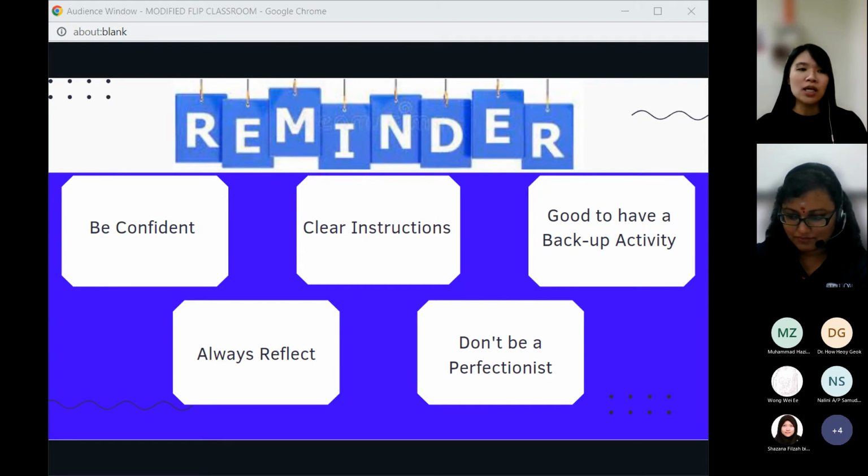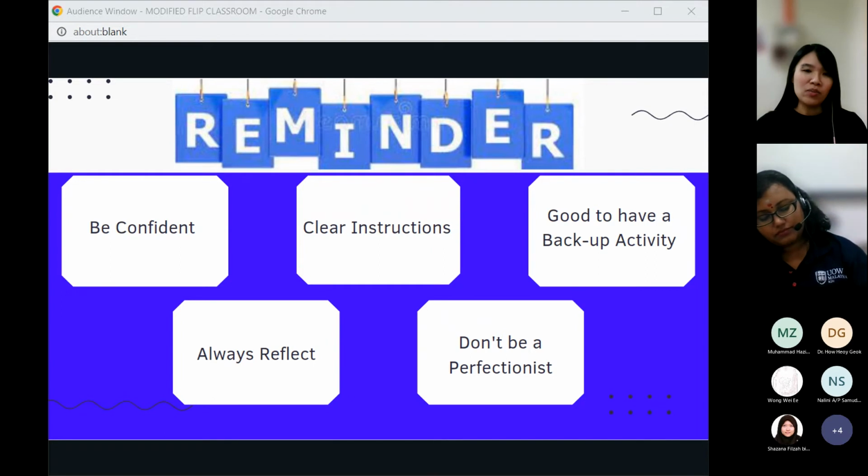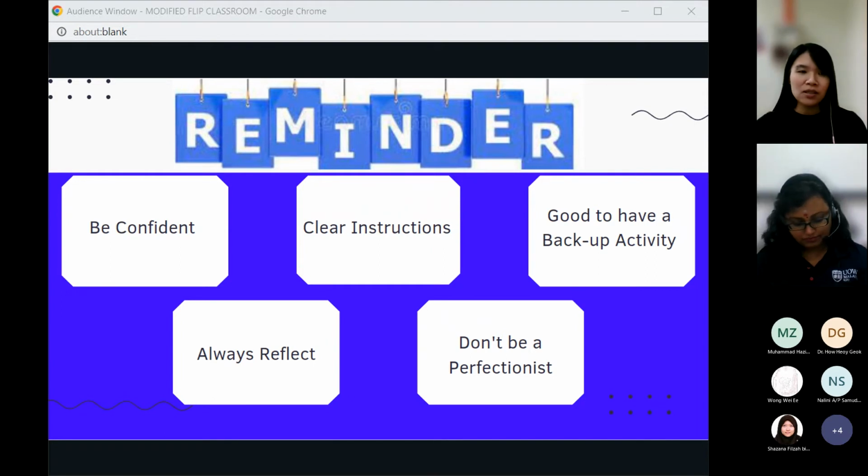What I usually do is prepare cards, or do a lucky draw kind of thing. Group one representative, you come to the front, you take one piece of paper or card, and that term you have to explain. So if you didn't study or do your flipped lesson, you won't know what the word is about, you won't be able to answer, and you lose marks.